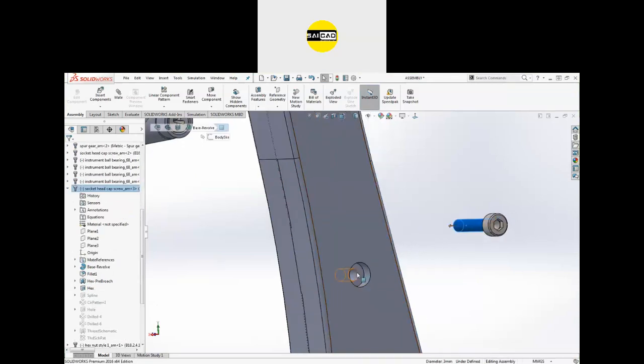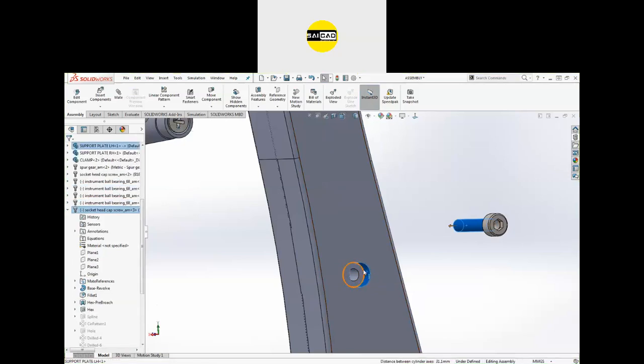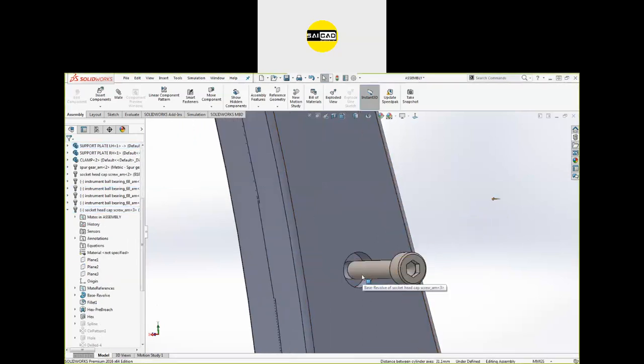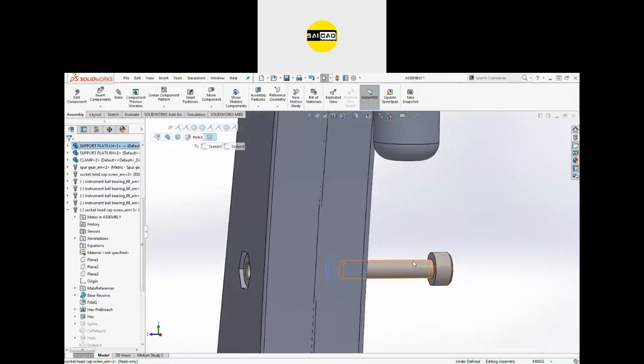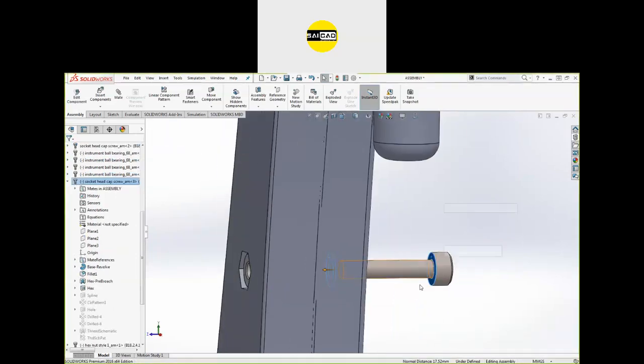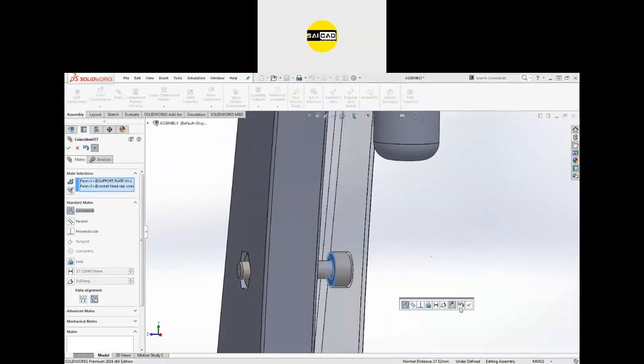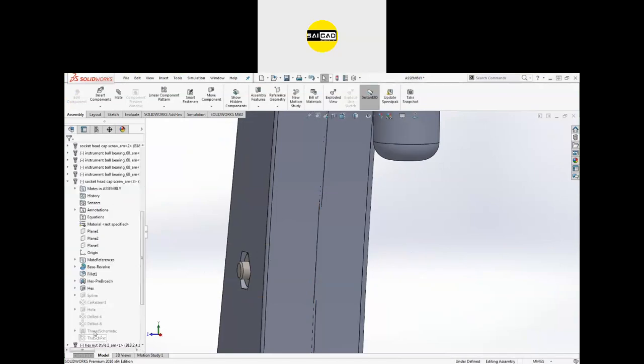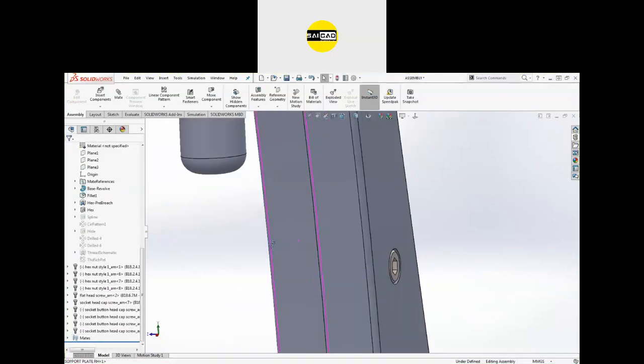So first of all, define the relation. You can define it with this and with this also, because both have a similar center, concentric like that. Okay, and now apply a face-to-face relation with this one and make a mate. Okay, so you can see I have applied a relation.